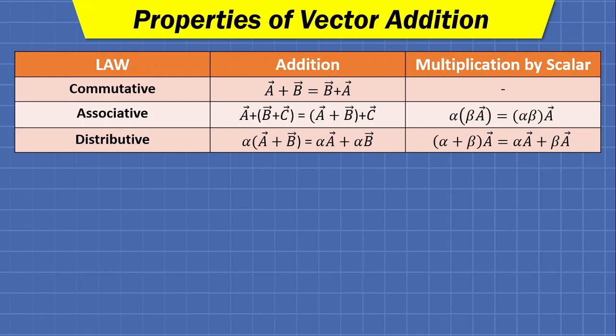Similarly, there are some properties which are followed by vector addition and multiplication by a scalar. So either you scale any vector a with beta and then scale it with alpha, so two times scaling will be there. Fine. You can reduce that effort by simply multiplying alpha and beta and scaling the vector with the resultant scalar. And the third property is, if you want to scale a vector with two different scalars, fine, then it is easy to scale the vector with the addition of both those scalars.